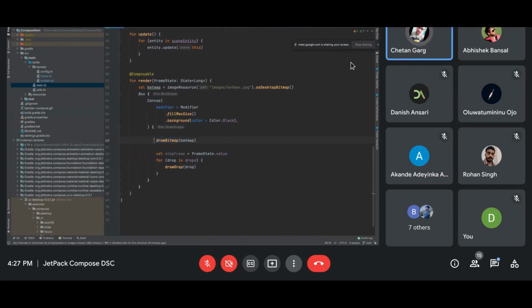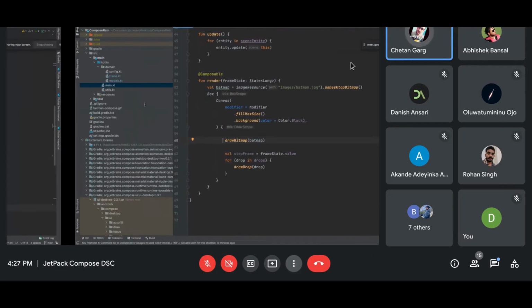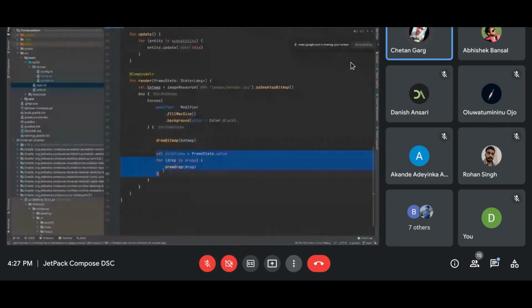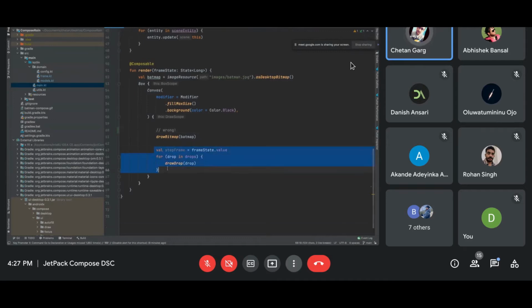I could have easily created an image view and made that entire full screen with that image view, and I could have just let it draw the bitmap inside of it, and I would have gained much more performance compared to again and again redrawing this bitmap. So this is a wrong way of doing things. Don't do that. You have to be mindful what you are recomposing again and again, right? Because this is a bitmap, and drawing a bitmap every time will take a lot of memory from your system. So let's drop this one.